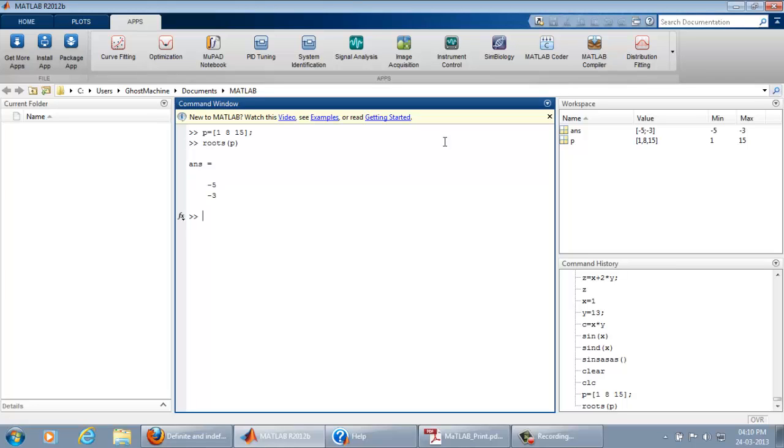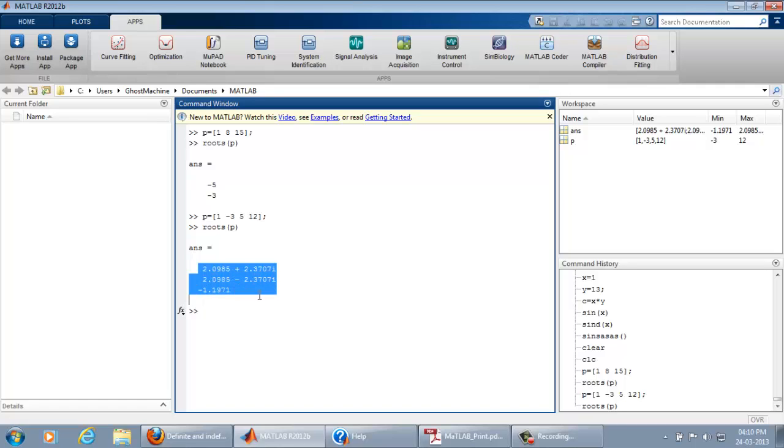If you want to solve another higher degree polynomial, p is equal to 1 -3 5 20 12, and roots of p, these are the roots.